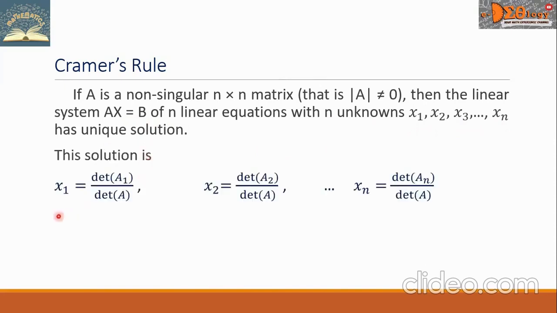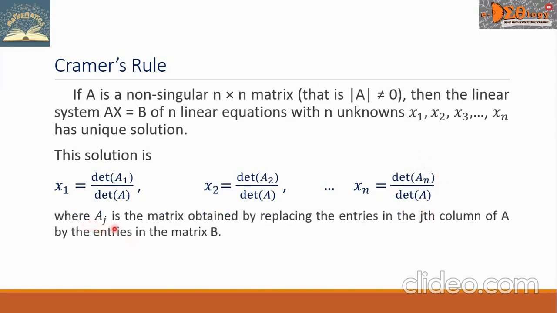The solution is x sub 1 equals determinant of A sub 1 over determinant of A. X sub 2 equals determinant of A sub 2 over determinant of A. Up to x sub n is equal to determinant of A sub n all over determinant of A,